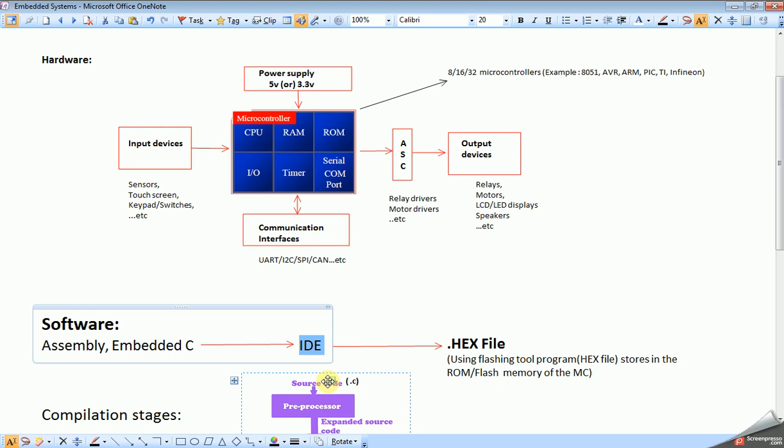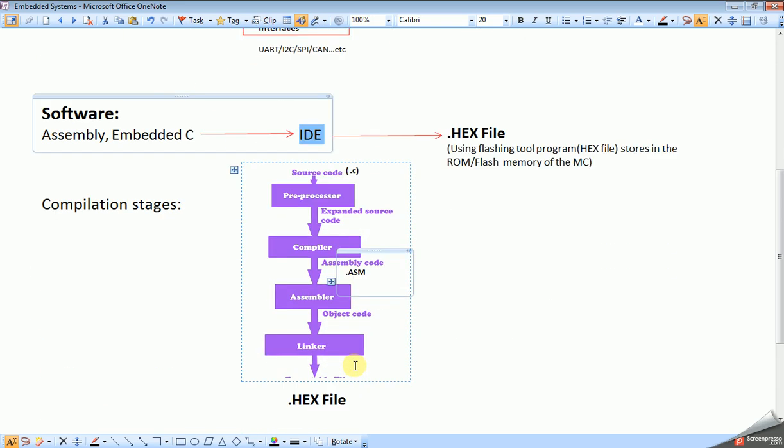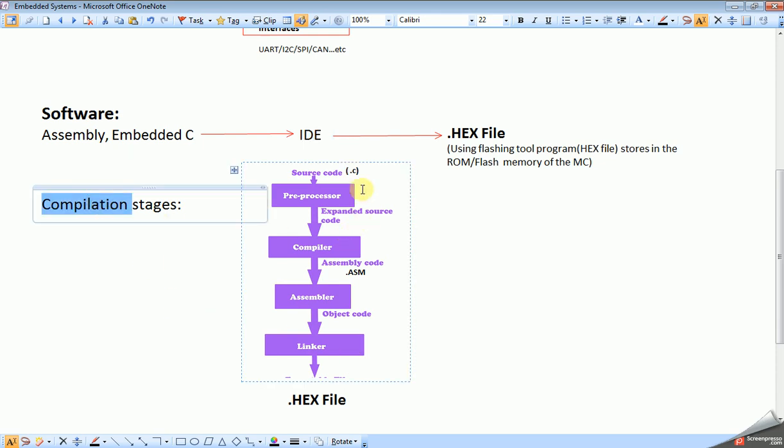The image below shows the different compilation stages. That is, we are writing software in C code. The file format will be .c and it is given to the preprocessor stage. In the preprocessor stage, all the files will be expanded, all the macros will be expanded.